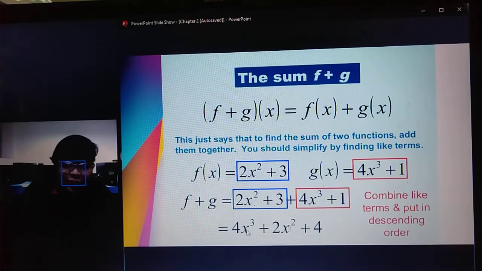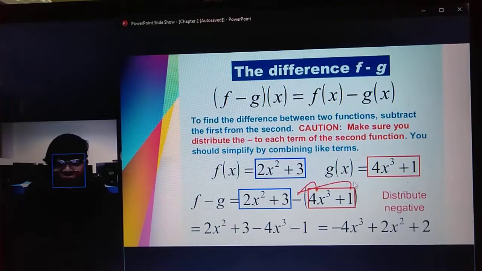So, 4x raised to 3 plus 2x squared plus 4. That will be the sum in the given function. Okay? How about for subtraction? For subtraction, f minus g of x is equal to f of x minus g of x. We'll just subtract, but